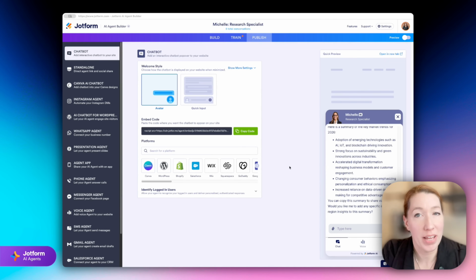And that's how to edit your Jotform AI agent's persona and how they interact with people, whether it's by chat,